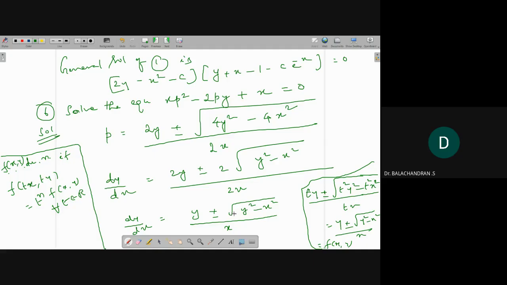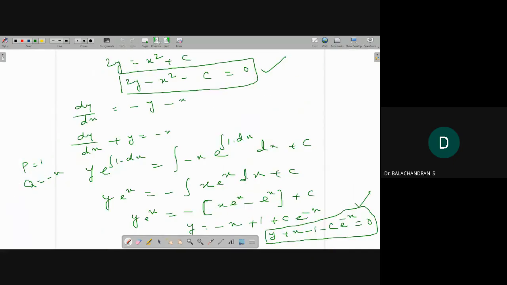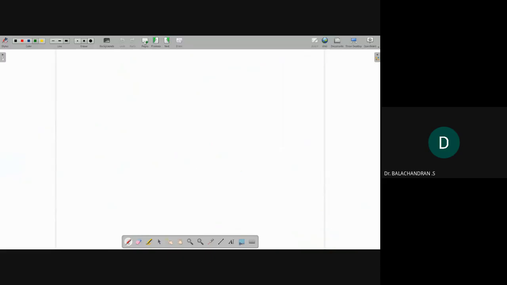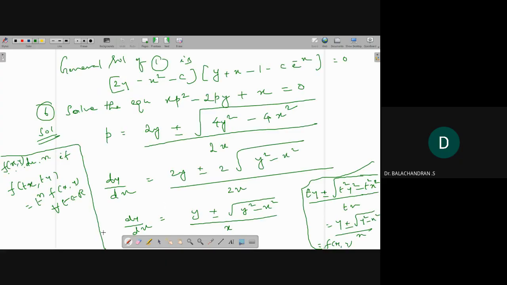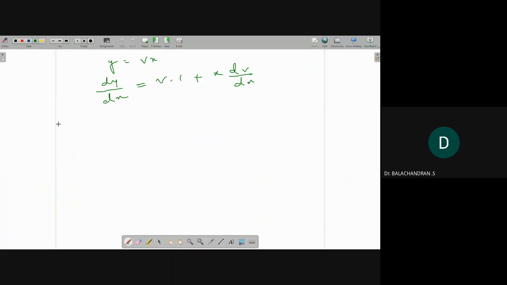So I think some of you told that you can substitute y equal to vx. Now put y equal to vx. So this implies, differentiating with respect to x, dy by dx is equal to v into 1 plus x into dv by dx. Now you should substitute this one here. I just rewrite this one. Dy by dx